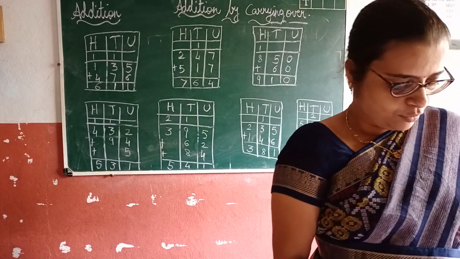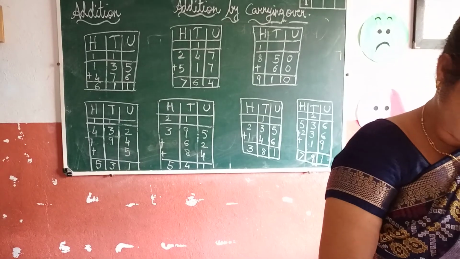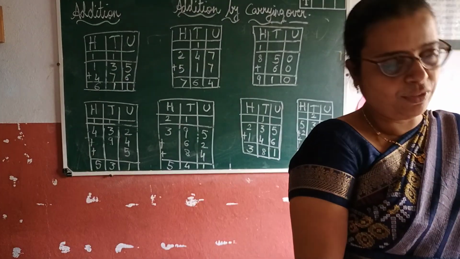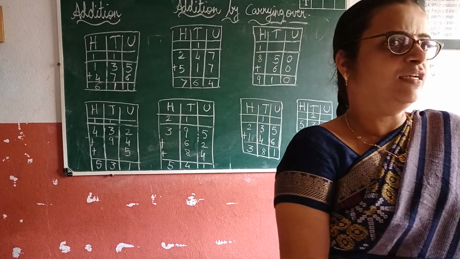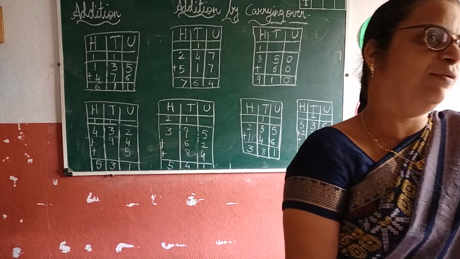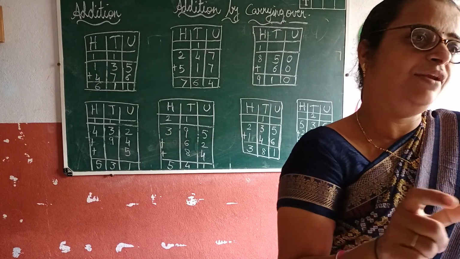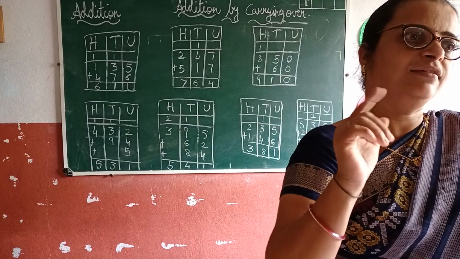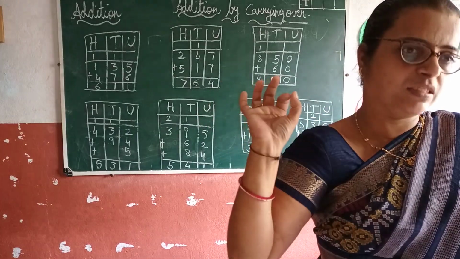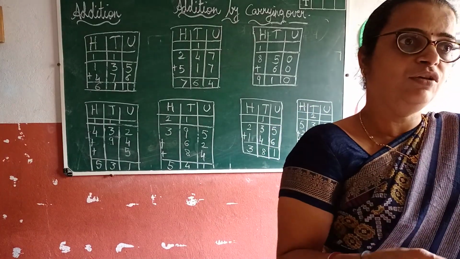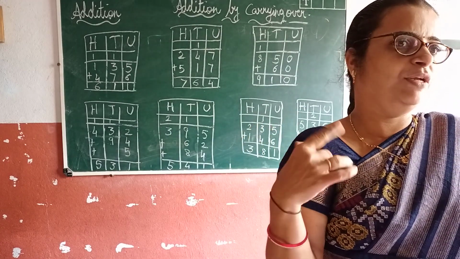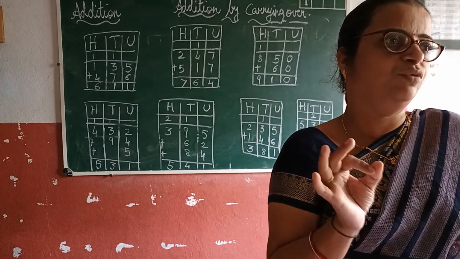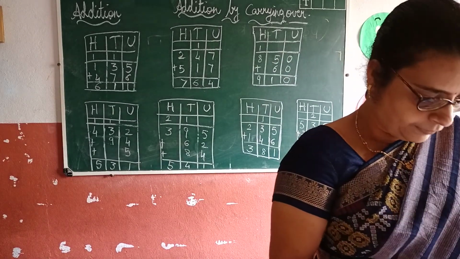Again they ask you to write in words. Spelling 37, then again 95. While writing the spelling you also have to write properly, students. First letter capital, then all the rest small letters. In the middle you should not write a capital letter. Your answer will be wrong, because in the weekly paper some of the students made that mistake. So don't make that silly mistake again.